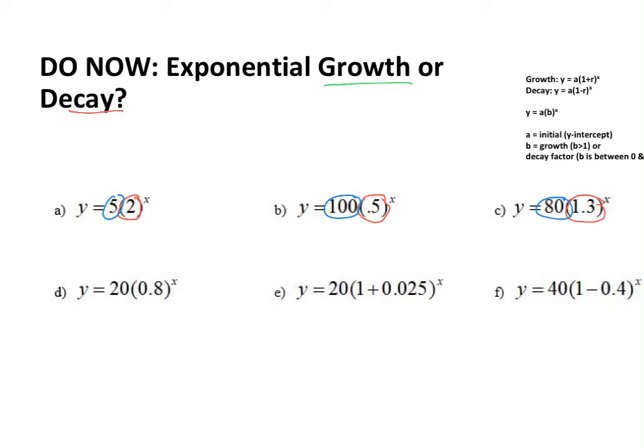Okay. So as you can see in number 1, we're looking at a number that is greater than 1. So that's going to be growth. But in a word problem, they may ask you how much is it growing by. Well, as we said before, this can be broken out into 1 plus whatever. In this case, it's 1 plus 1, to the x power. That would be a different way of writing this. Well, this is growing by a whole other 100%. So when you add 1 plus 1, you're going to get 2